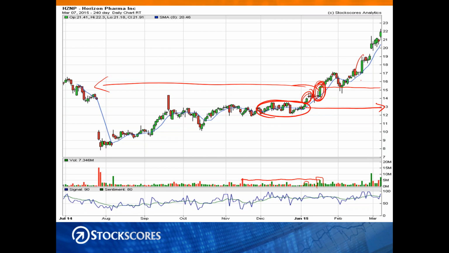Now, there was a bigger price jump here, so that day was also abnormal. And if you look at the volume, it was also abnormal. And then look at this big jump in volume and this big price jump there. But we want to catch those that come out of low volatility. Because when you have low volatility, you have everybody agreeing. And then you have some investors who disagree.